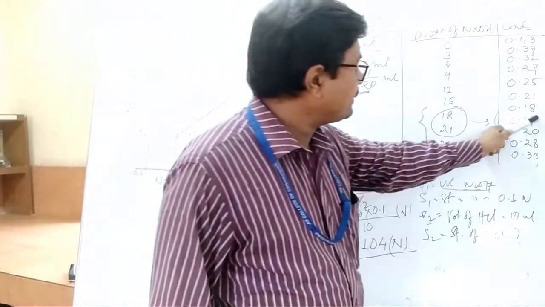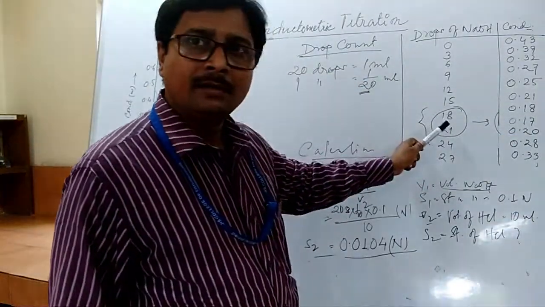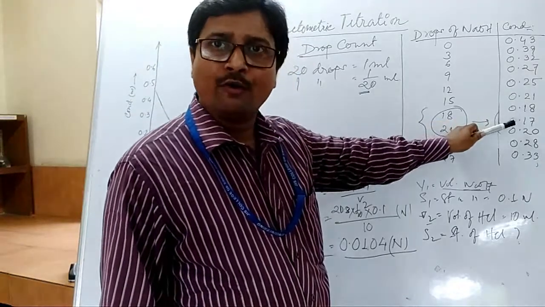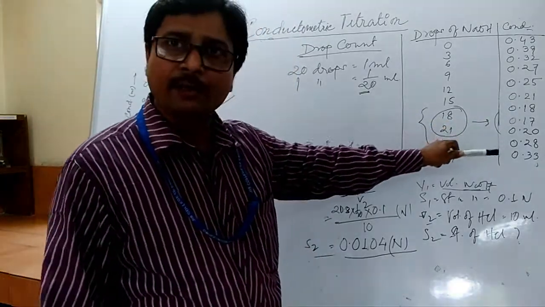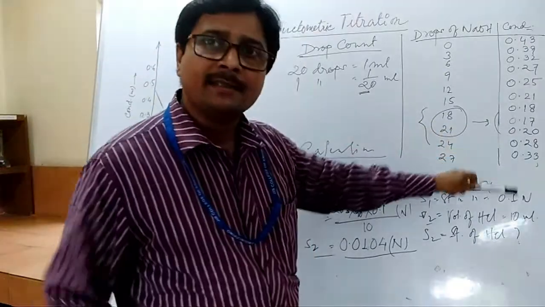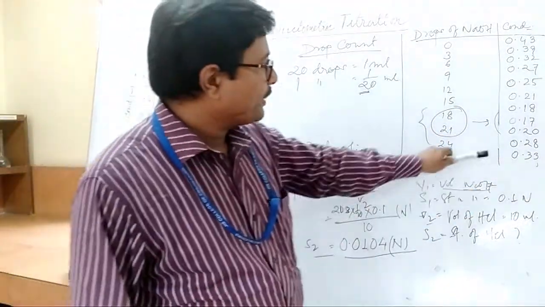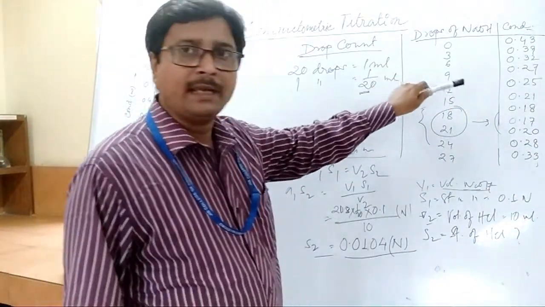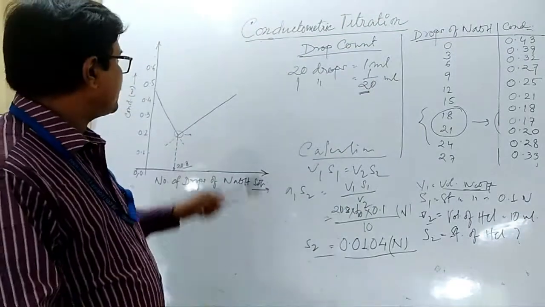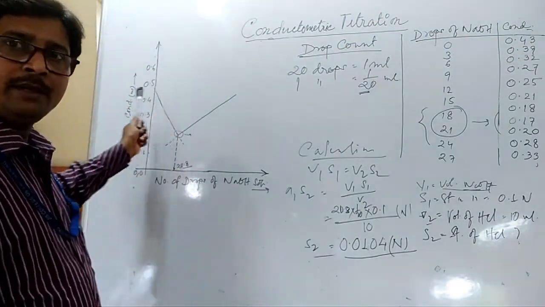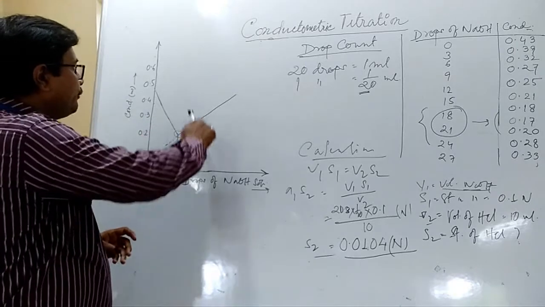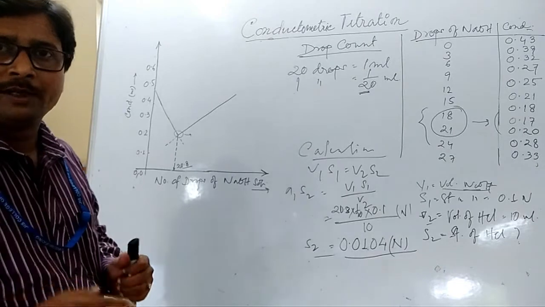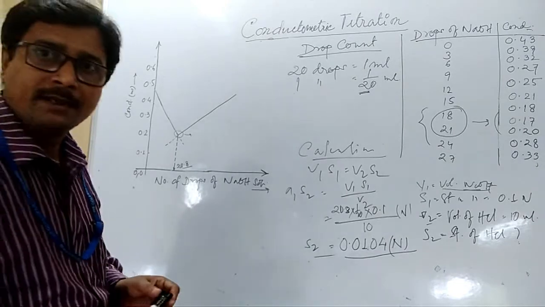That means in that region maybe the neutralization point is there. In that part, H2O is formed, so there is no H plus. Further adding of NaOH, for OH minus, the conductance starts increasing again. Now if we take those readings and plot the graph, you will see a V-shaped curve, which is already mentioned, for conductometric titration of strong acid versus strong base.